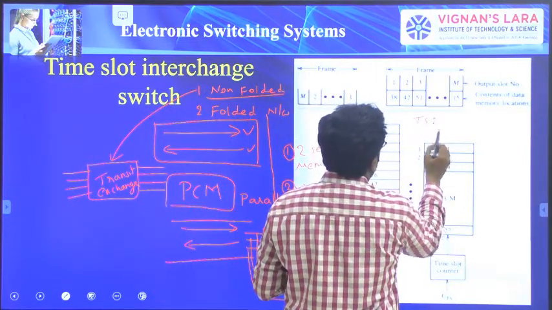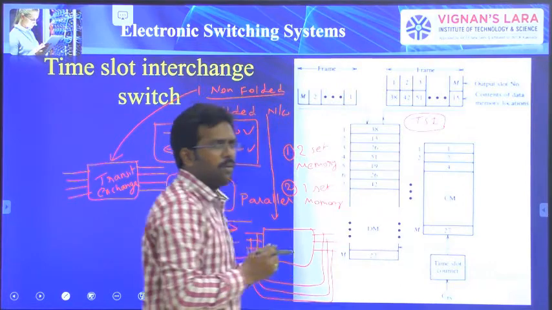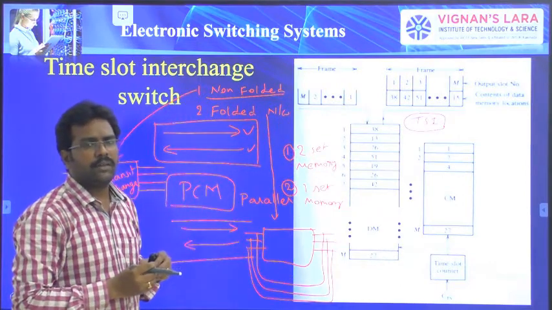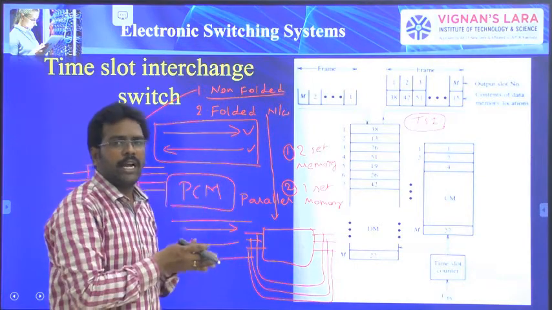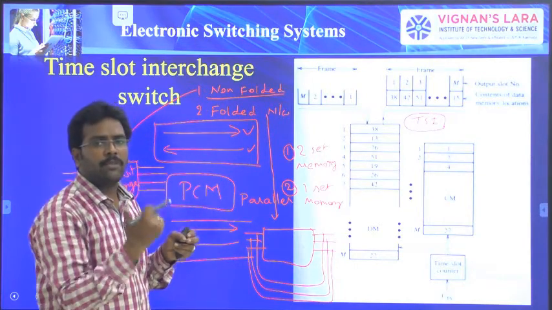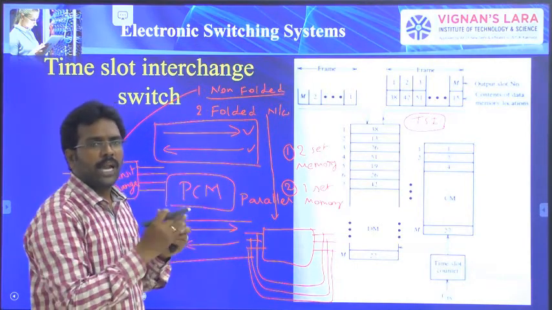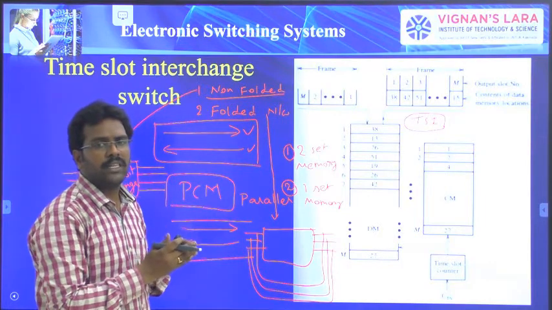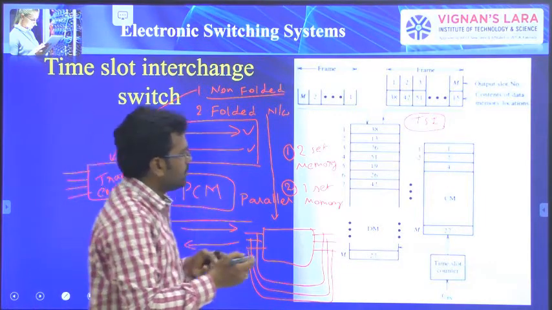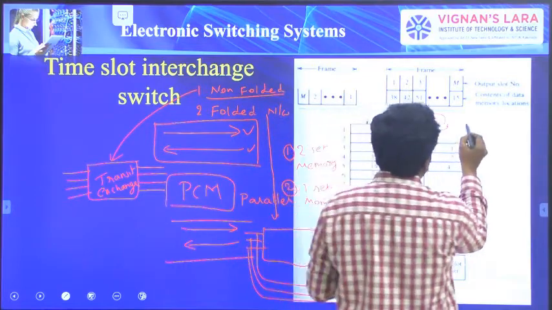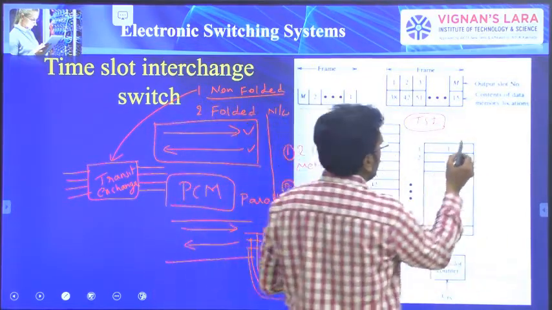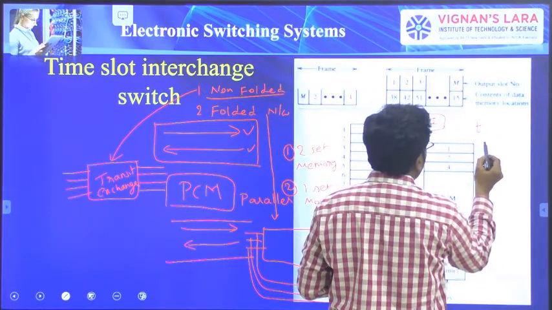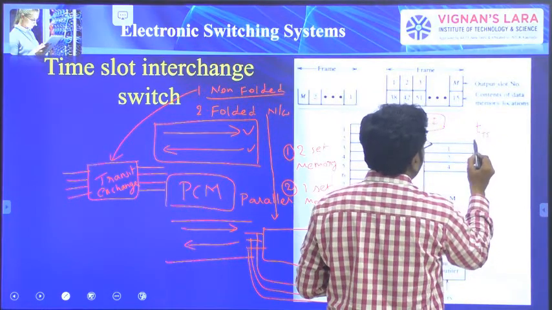And one more point we have to discuss here is what delay it is going to take. Because we are thinking about the ith time slot data being transferred to the kth time slot outlet, what time will it take to transmit the information? Generally, even if you do not consider TSA also, we take a time of TS.